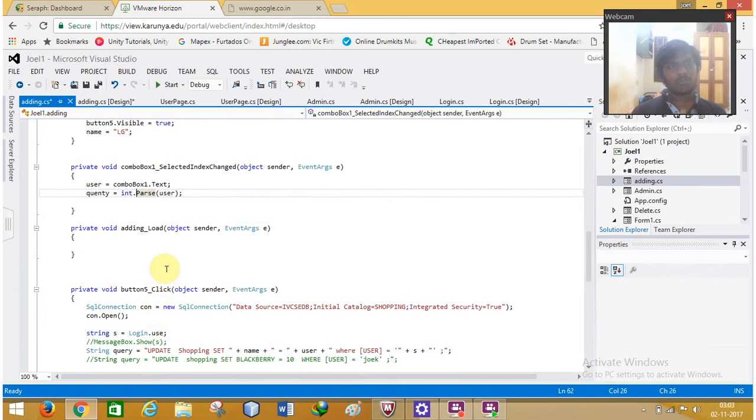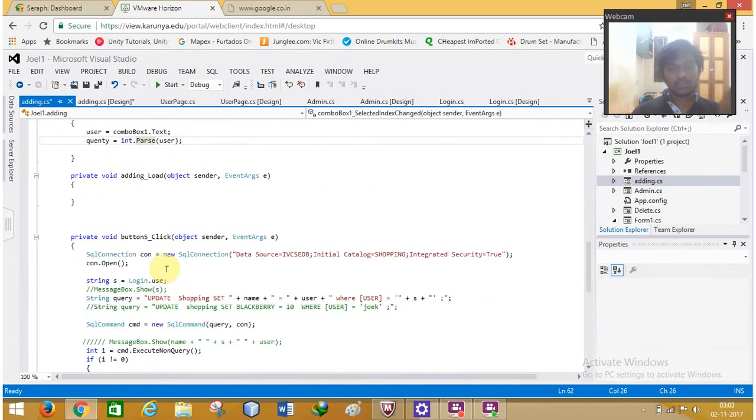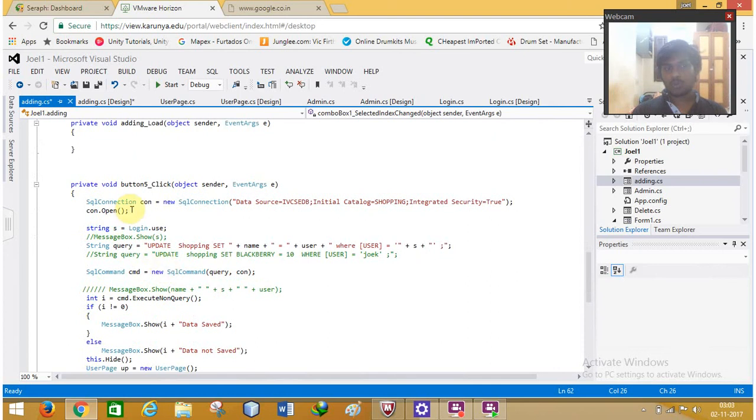So when loading, I'm not doing anything here. When the user clicks button 5, that is add to cart, what I need to do is open my SQL connection. Then I'm checking login.use, so I'm just storing the string